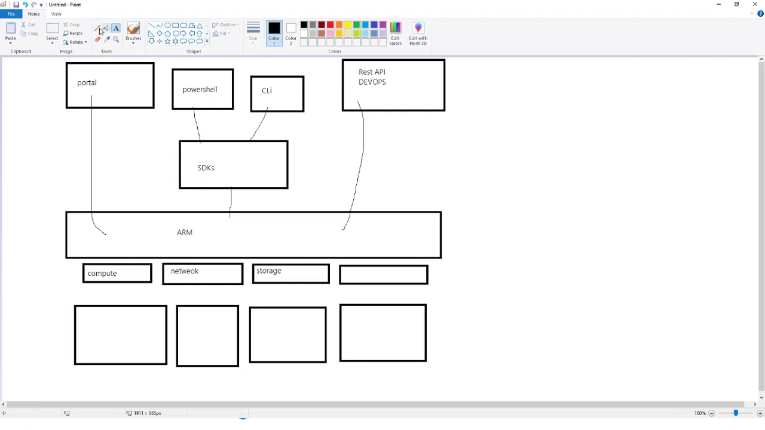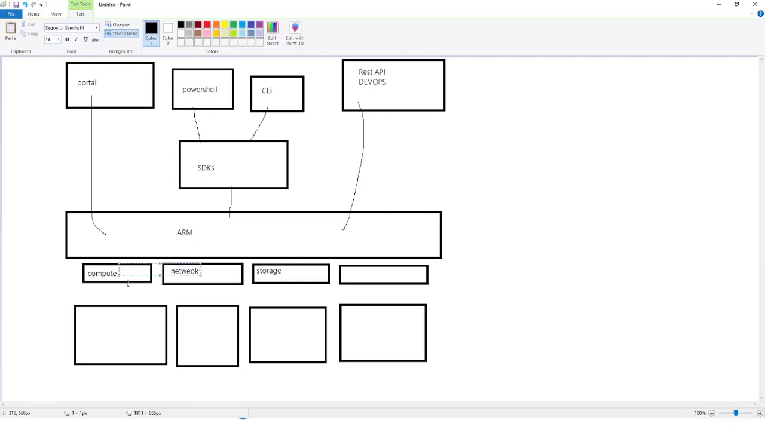So in the compute itself, this service provider will have a VM service. It will have a disk service, right? This will have a network card service. This will be a virtual network service. This could be handling firewall, right? This could be handling UDR. This is handling your storage account. Let's say this is handling your tables, right? It's handling your database,